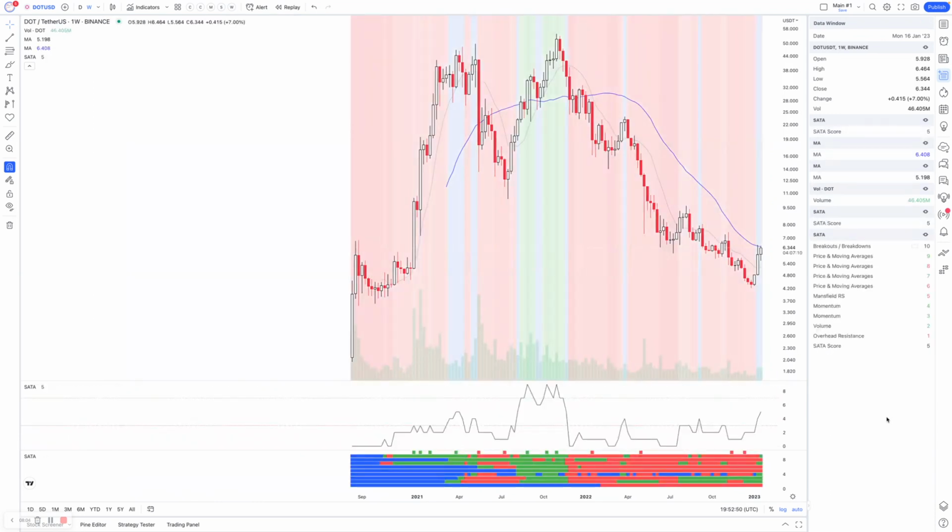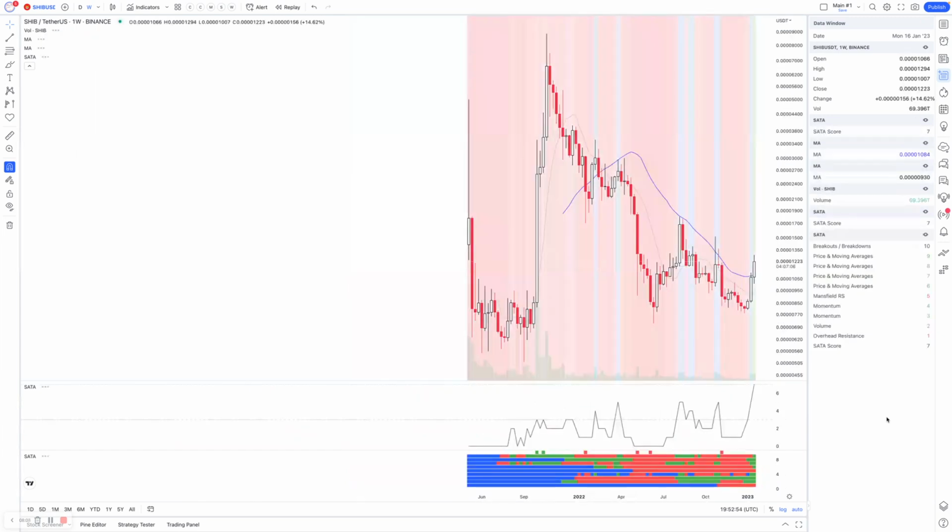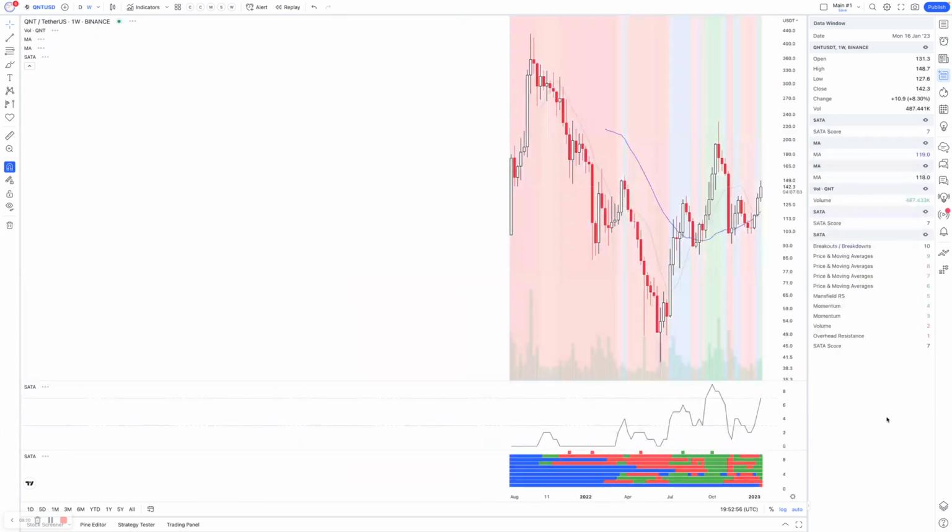Then DOT, also 4B minus, potentially could push into stage 1 there. You've got a stage 1 on SHIB here. And QNT was another one that was stronger before the crisis, before the FTX move. It did move up into stage 2, but is now attempting to regain that level. So as you can see, there's a number of crypto coins still developing some stage 1 and some even early